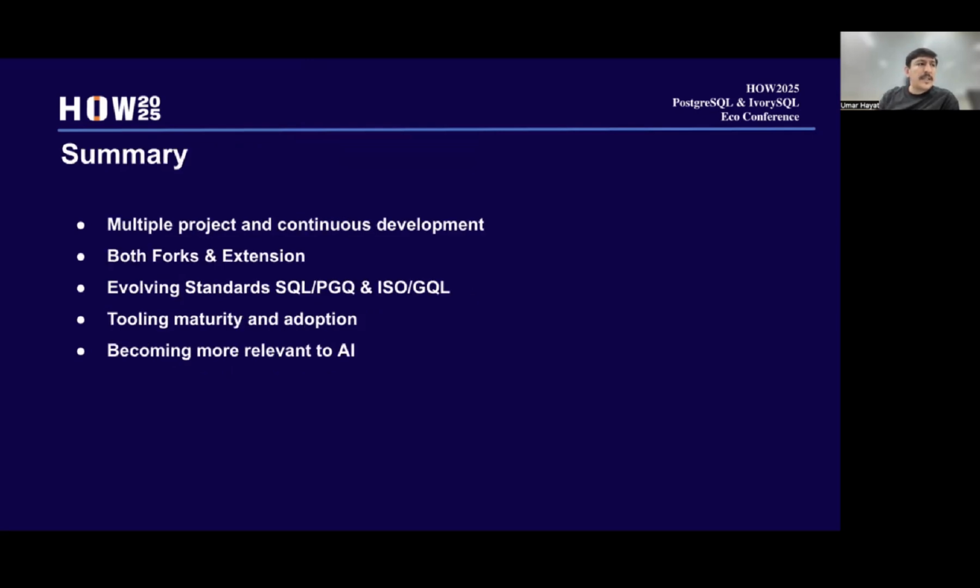So, in summary, there are multiple projects right now in the Postgres database space. The first one was Agens Graph, the second one is Apache AGE, and now the native graph implementation is already in progress. One of them is a fork of PostgreSQL, the second one is an extension of PostgreSQL, and now Postgres is also going to have a native implementation. Now the question is